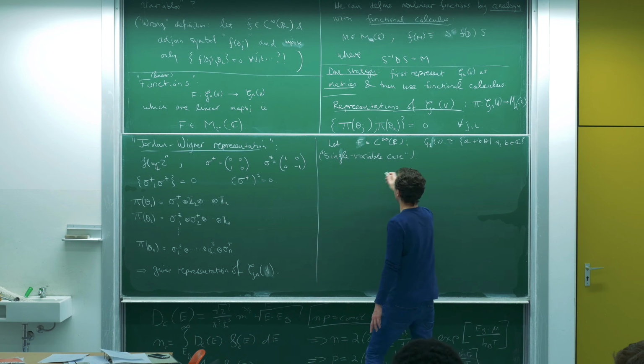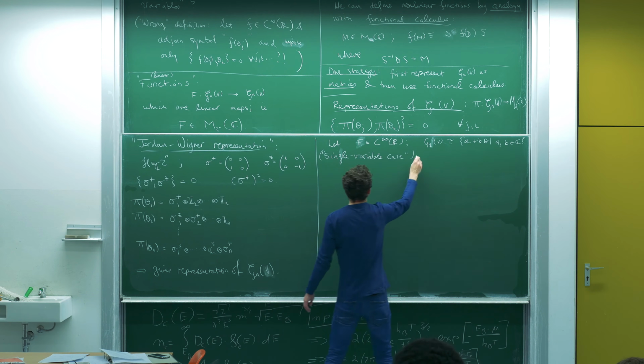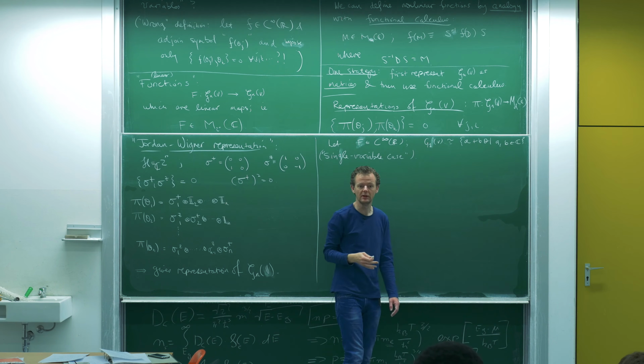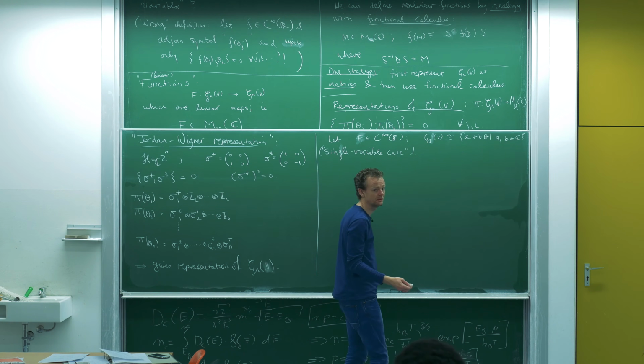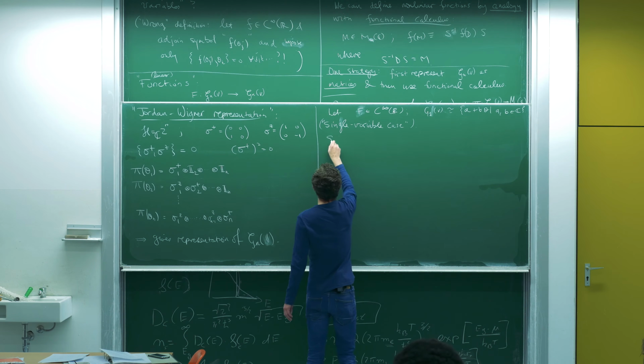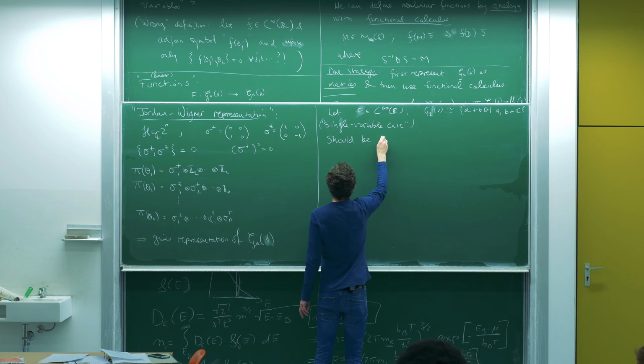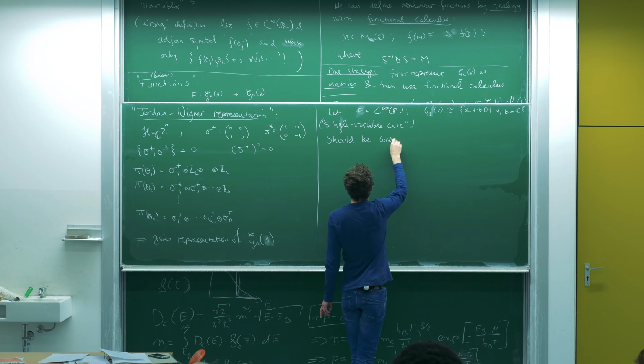And well, what should it obey? How should this definition work? Well, it should behave nicely, or should be the same as the functional calculus on the representation that we have there. Let's say consistent or compatible with